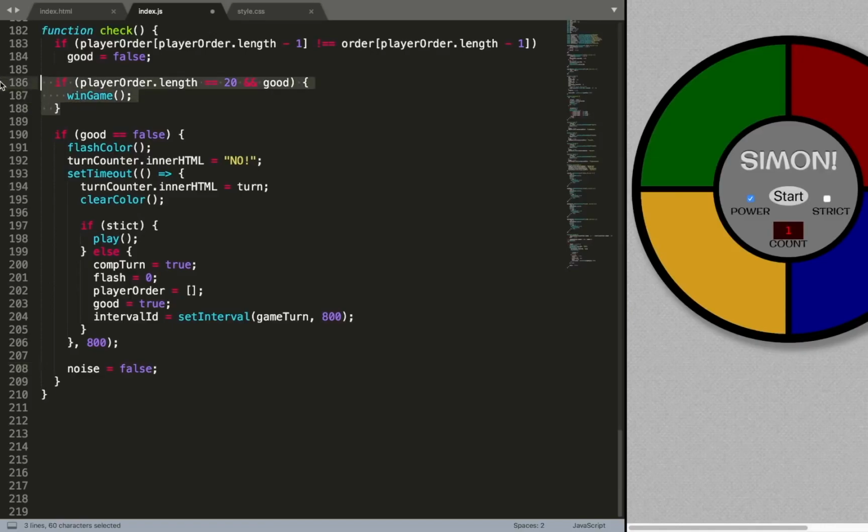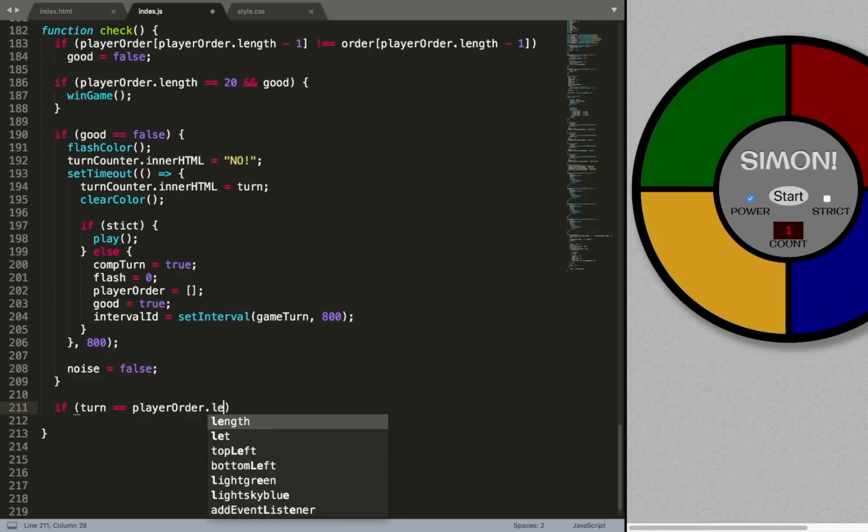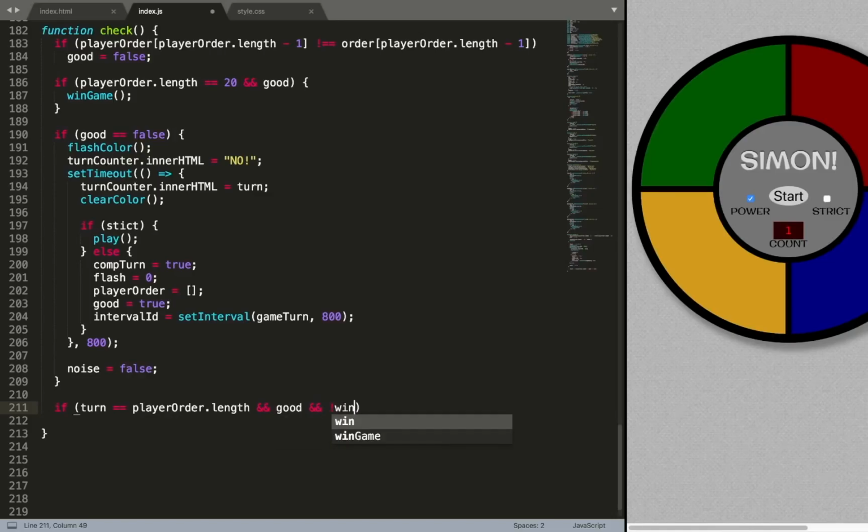The condition if the player wins the game, the condition if the player is wrong, but now there's the condition if the player got it correct but has not won the game yet. So that's the condition I'm going to do now. So if turn equals player order dot length and good, and we haven't won yet, then